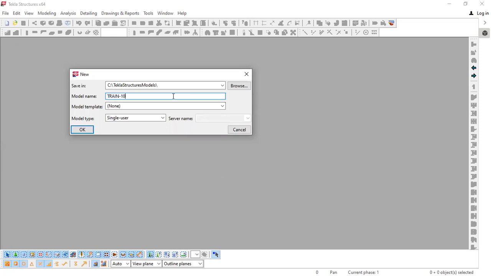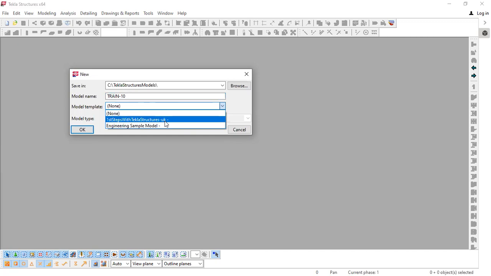Okay, and here there will be templates listed. So we have chosen UK environment.